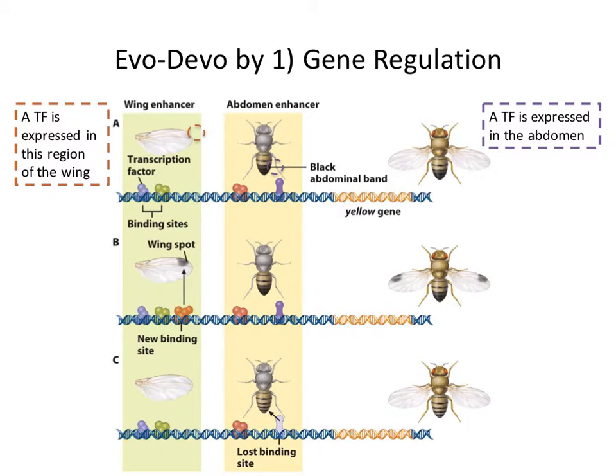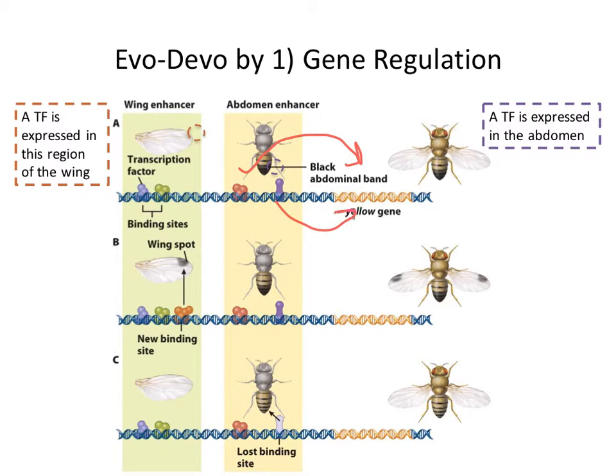So what we're looking at here, and despite the fact that this is a cartoon, this is from real genetic studies of Drosophila. There's a gene called yellow, which for some strange reason causes black pigmentation. And so some Drosophila species have these black posterior abdomens. A lot of black pigment gets deposited at their very posterior end. And that's because they have a couple of DNA sequences, enhancer sequences, that bind to transcription factors, and those transcription factors